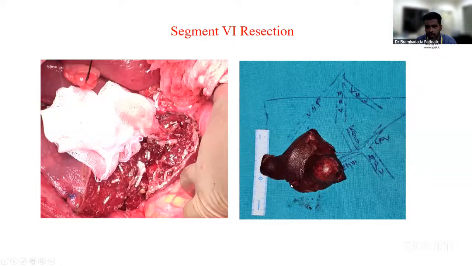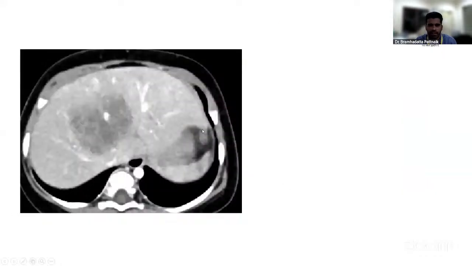So this was the specimen. And lastly, in pediatric patients and in tumors, like sir was telling about central hepatectomy. In central hepatectomy, the challenge is to take the right anterior pedicle, and most of the time it has to be taken extrahepatically. But in cases where the tumor is sitting right on the hilum, like in this kid, a 10-month-old we operated on 2 weeks back,